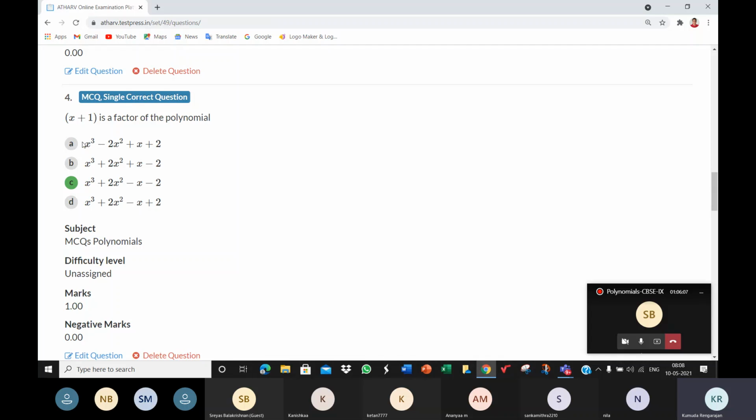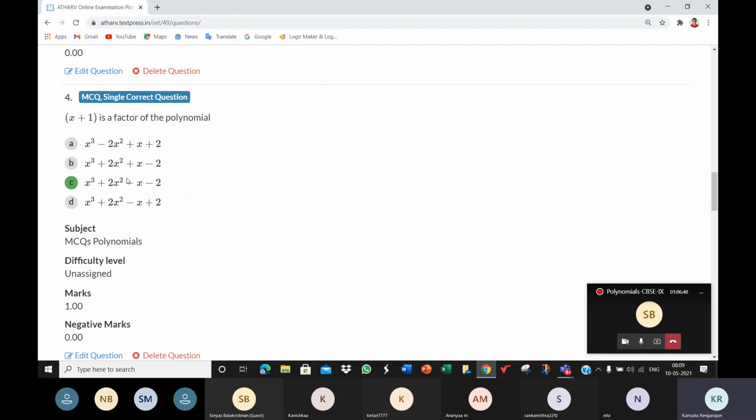Now we have a polynomial here. Let's call it p of x. And here x is equal to minus 1. Let's find p of minus 1. When you find p of minus 1, the answer will not be 0 here, so it's not a factor of A. Do the same thing here. Let's call this f of x. Find f of minus 1. In place of x everywhere, you'll use minus 1. The value of f of minus 1 will not be 0. If it's 0, it's a factor. It will not be 0 here, so x plus 1 is not a factor of option B.